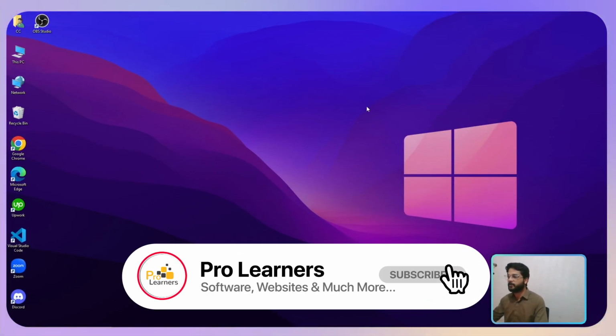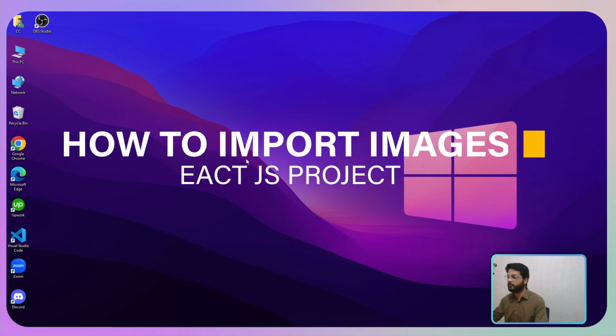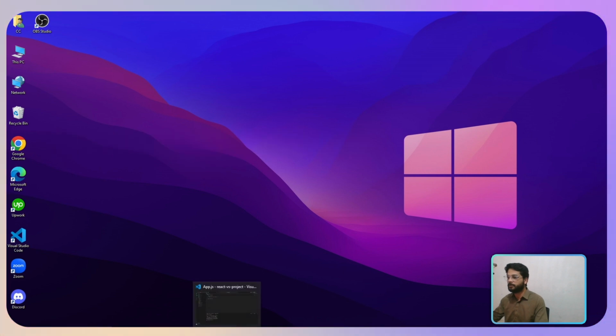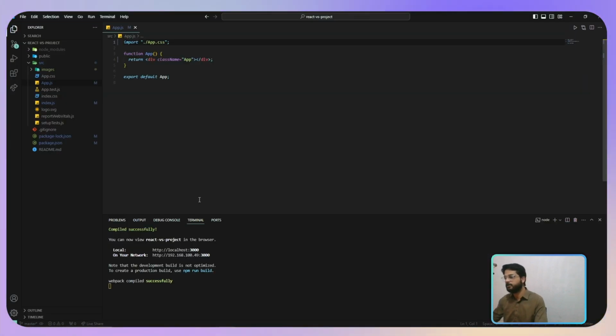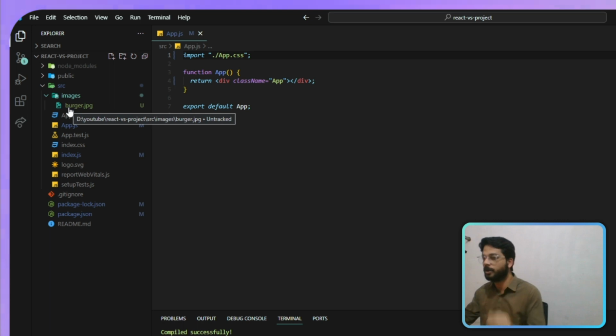In today's video, we will learn how to import or use images inside a React.js project. So first of all, we will open Visual Studio Code, and inside Visual Studio Code, we will open our React.js project in which we will need to use images. After that, you will need to create a folder with the name of images or assets inside the source folder. I already created an images folder, and inside it I imported an image by the name